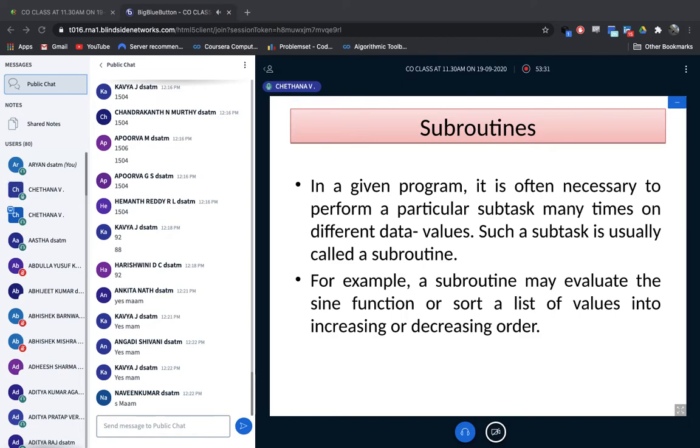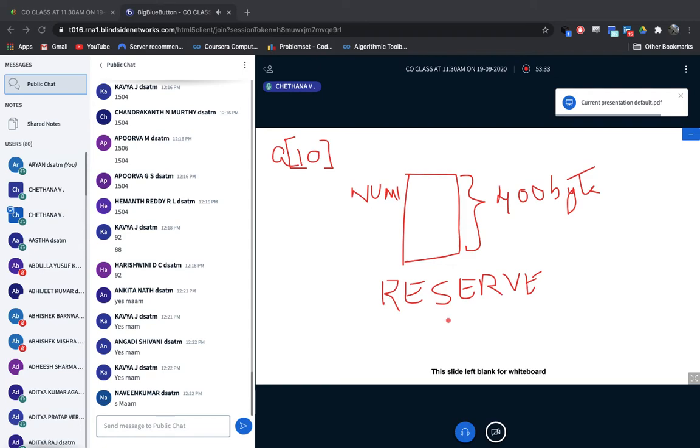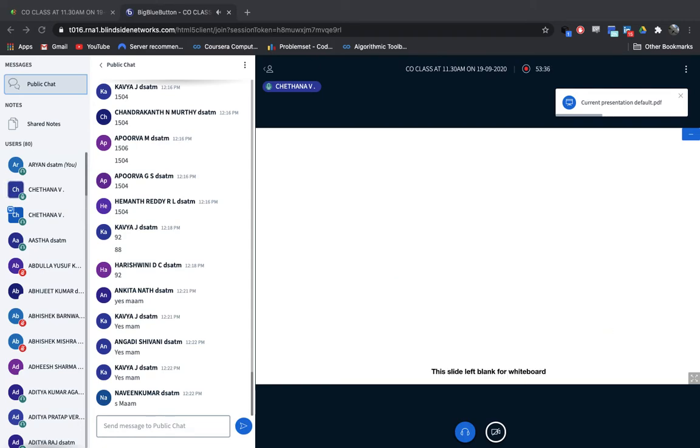Okay, I'll write one small program for you. When I write the program, I'll write one simple program. Let me type here, then you will be able to understand what a subroutine is, right? Void main. I'll take the main program directly. I don't want a complete program to be right, but to explain the logic of a subroutine, I want this small program.